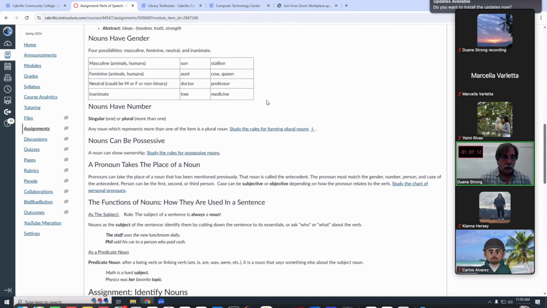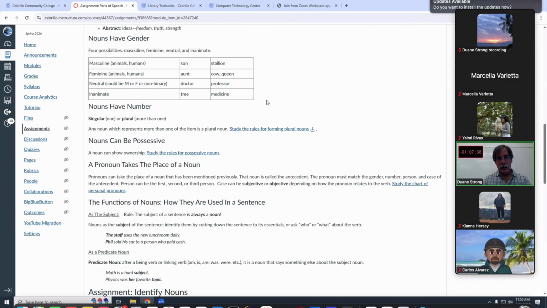Nouns have a gender. I'm just talking about the grammar police here, gender, okay? These 4. Masculine, feminine, neutral, or inanimate, right? So the first 3, it has to be either an animal or a human, or it doesn't count, okay? You can't use masculine, feminine, or neutral on something that is not an animal or a human.